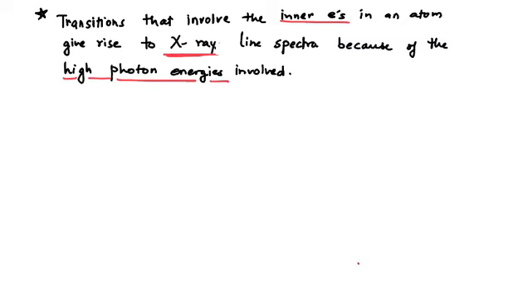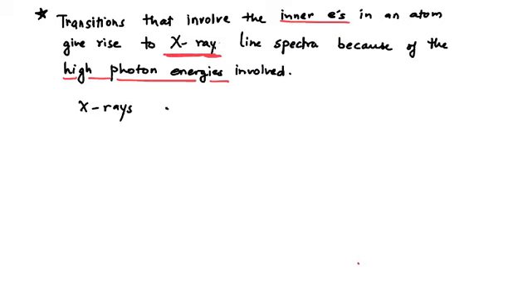Now, transitions that involve such inner electrons in an atom give rise to X-ray line spectra because of the high photon energies involved. We know that we need higher and higher energy to remove electrons from the inner subshells, and that is why such transitions that involve inner electrons give rise to X-rays, and X-rays have much higher photon energies. And if you look at X-rays